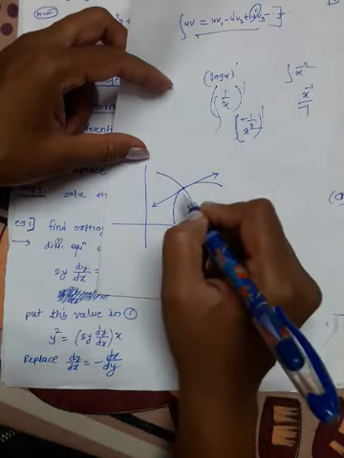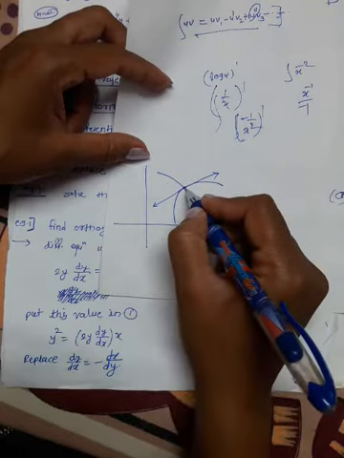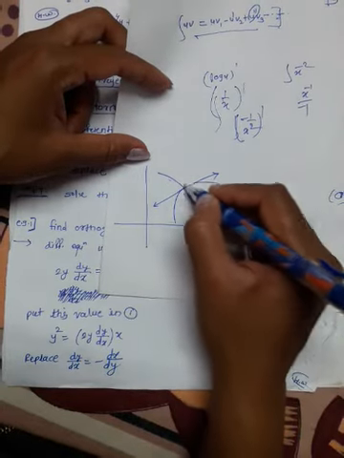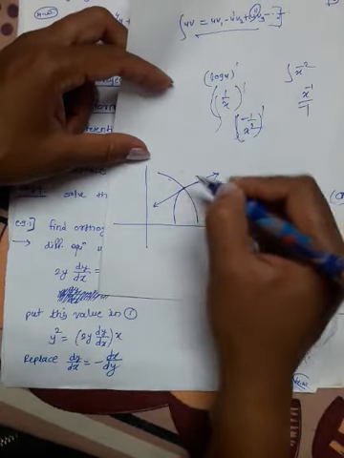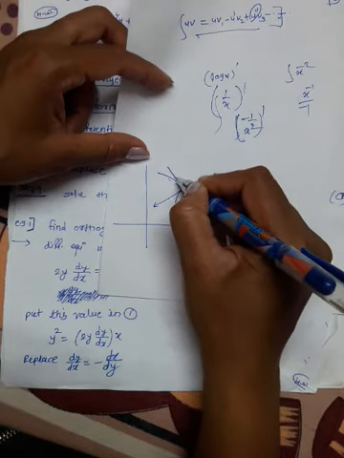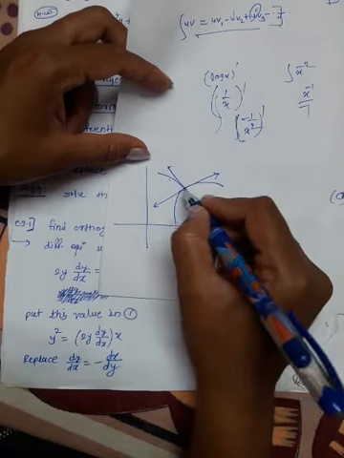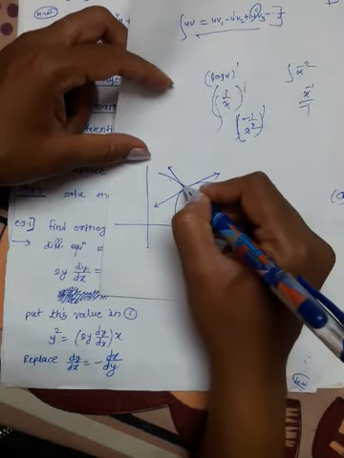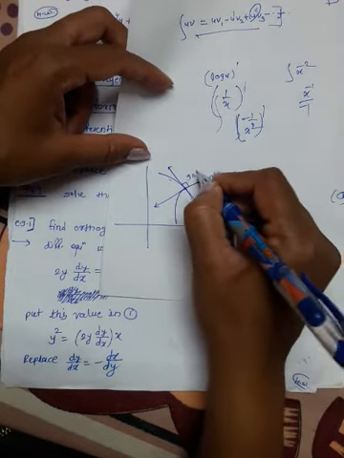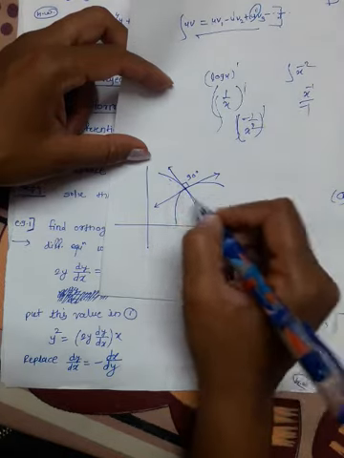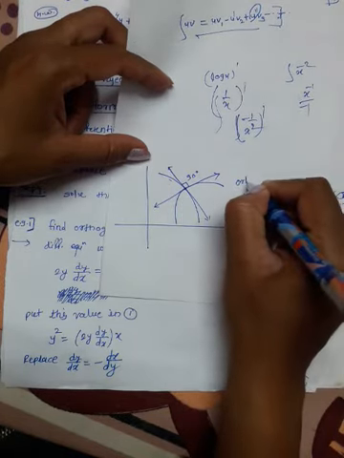Take the tangent to this curve at the same point. And if the angle between these two tangents is 90 degrees, then the two curves are called orthogonal curves